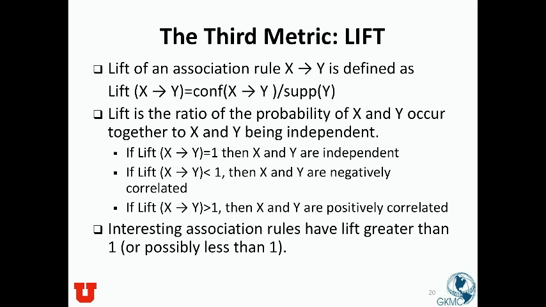But regardless, we still use this metric to evaluate the interestingness or importance of an association rule. The metric has a very important name, lift, because lift tends to mean that it can enhance the effect. So lift of an association rule, with left-hand side x implies y, is